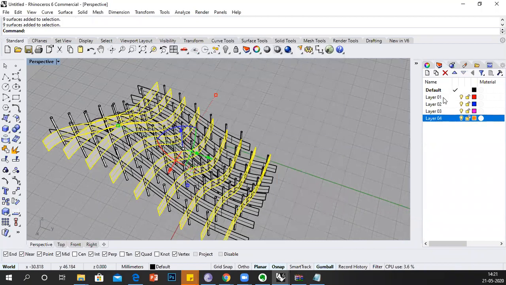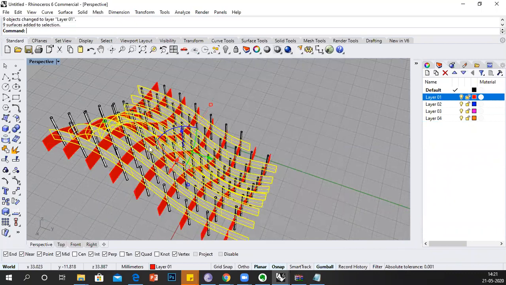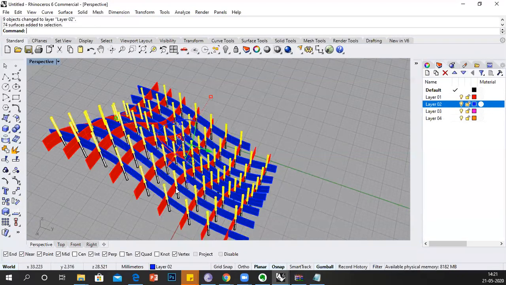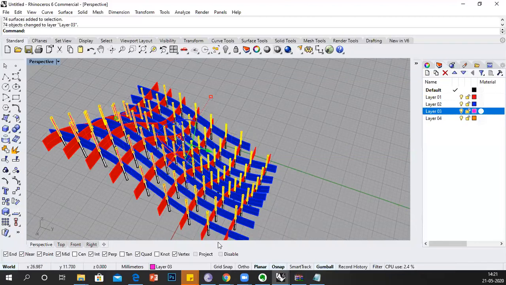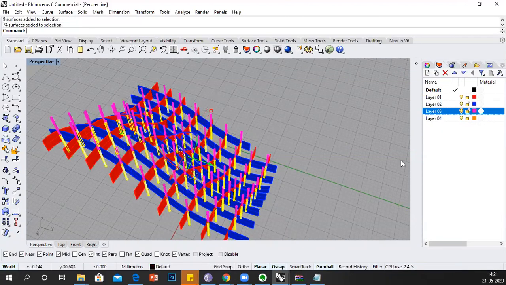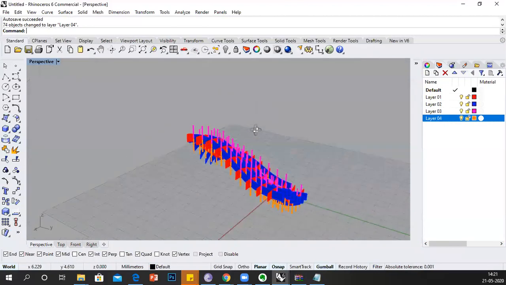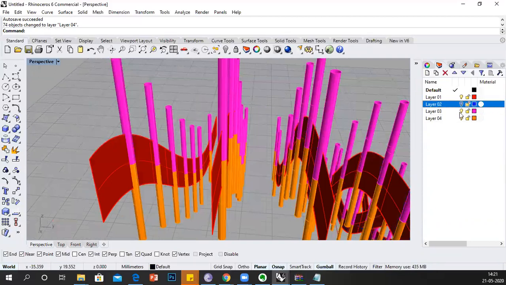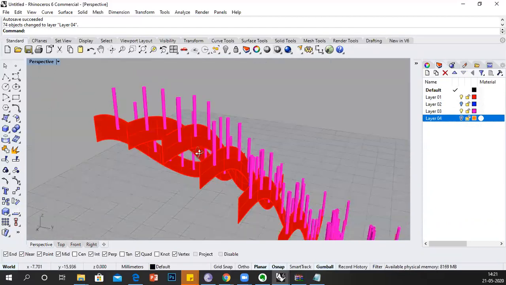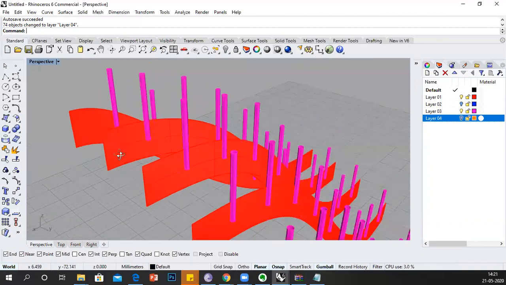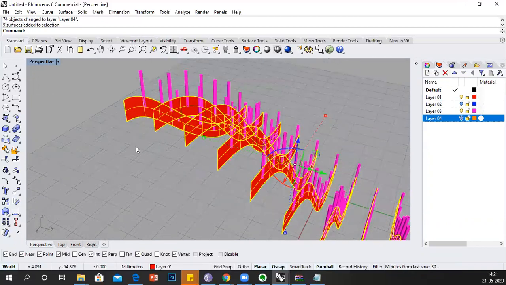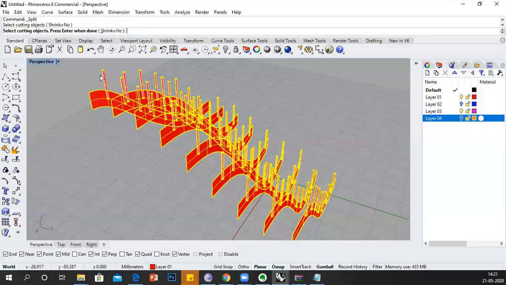So the first is going to be in one layer, change object layer. The second is going to be in another layer. Even before baking, you could have created layers and baked into that particular layer. So I'm going to change object layer for this one, and now for the last one. Okay, so now we are going to hide, say, blue and orange. This makes sure that blue has a bottom notch. I think you would have guessed it, we are going to split. So I'm going to use split, and I'm going to split it with the pink